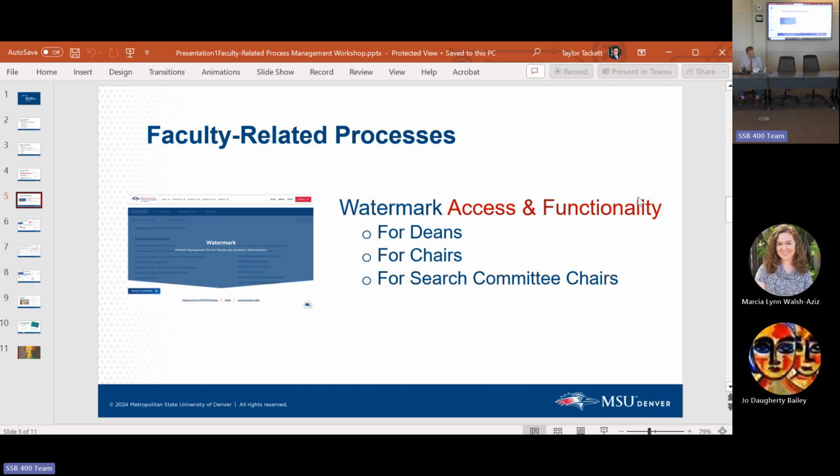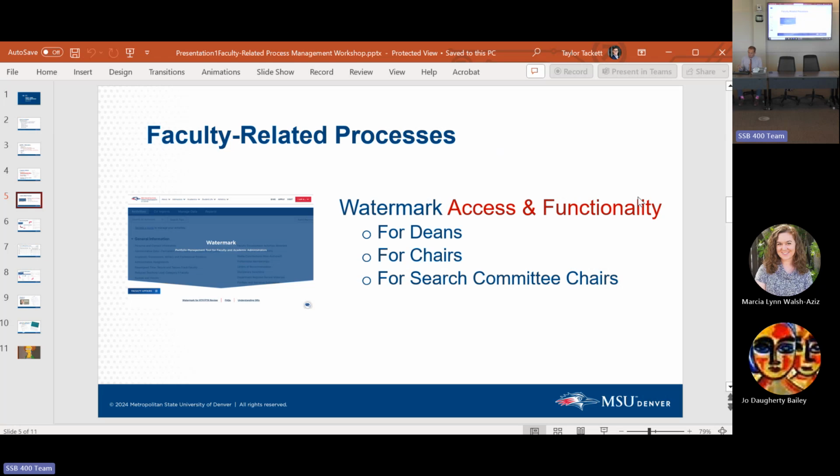It is then the responsibility of the committee chair to pull down all of the portfolio elements or materials and share those with their committee. Those materials Tracy now pulls down from Watermark. And so what we've been doing over the last couple of years is we just grant access to our SharePoint for those committee members. That way they don't have to worry too much about how do I pull this from Watermark. They will have to go into Watermark to put the recommendation for tenure, promotion or post-tenure review, all those things. That happens in Watermark, as do the letters of support for whatever area or level of review.